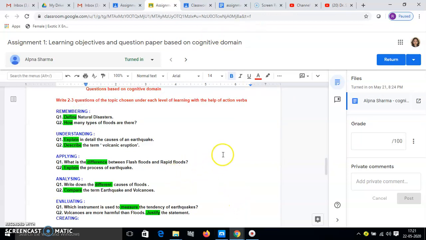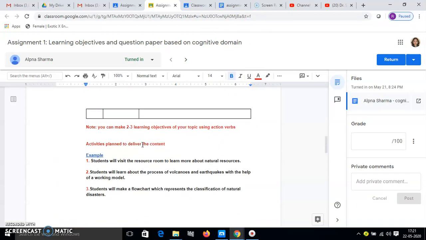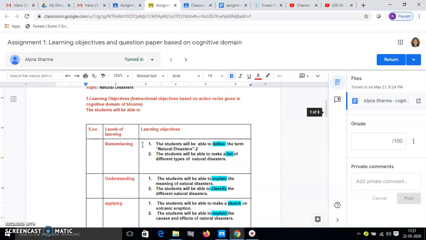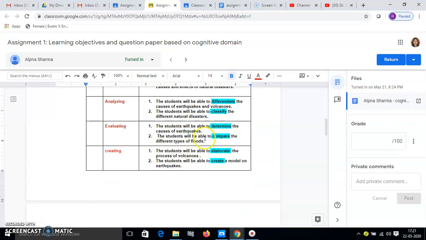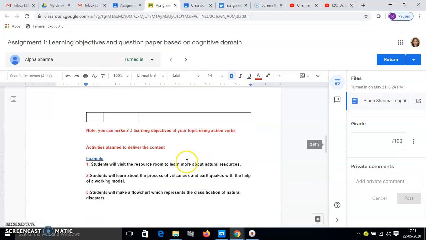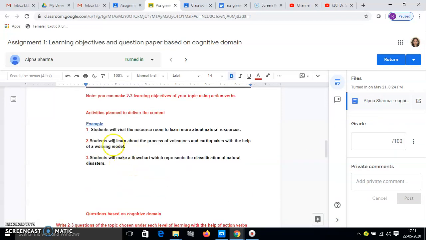And here, as a teacher, the best part is, suppose I want to give any remark to the student regarding this. Here the student has used different activities planned to deliver the content.